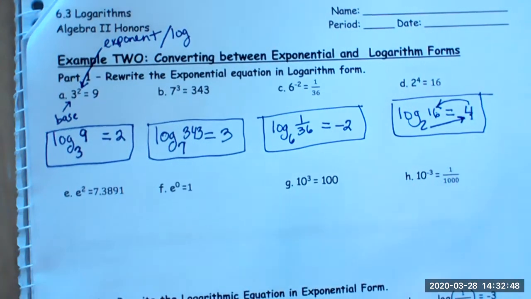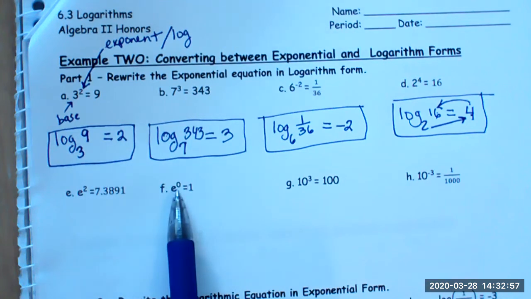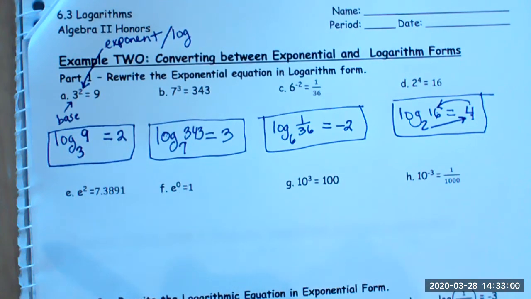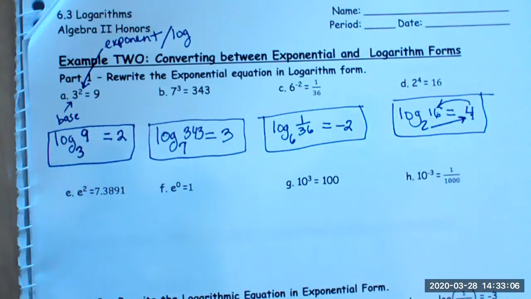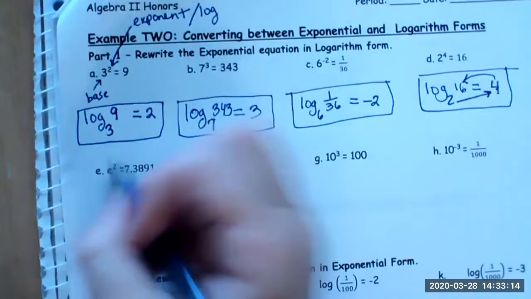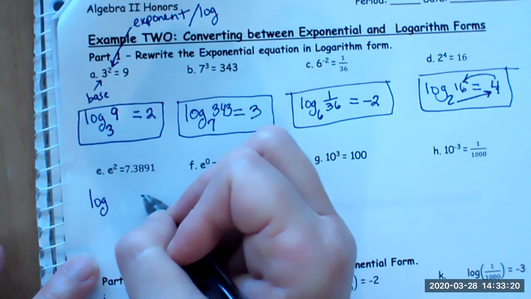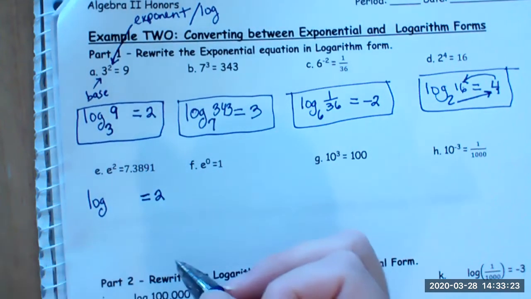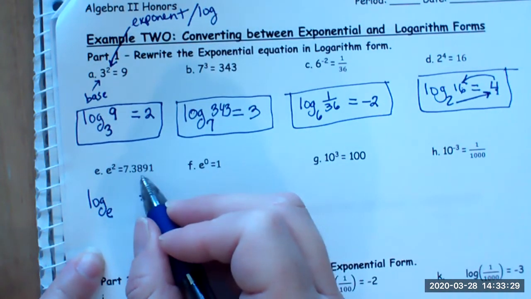Okay. All right, so now we come down here, and in this row, you'll notice we have some special bases. You've got base E here, dealing with the natural base, which is going to relate to natural logarithms. And we have base 10, which deals with the base 10 or common logarithms, okay? So first thing I'm going to do is I'm going to do this exactly like I did up here, okay? I'm going to say log. I know the log is the exponent, so I'm going to put that here and on the other side of the equation. I can see the base is E, so I'll write that down here. And the number, the answer that I had, goes here,